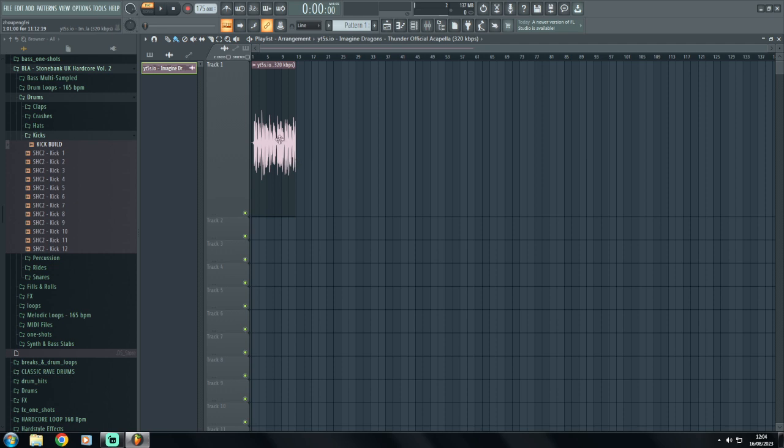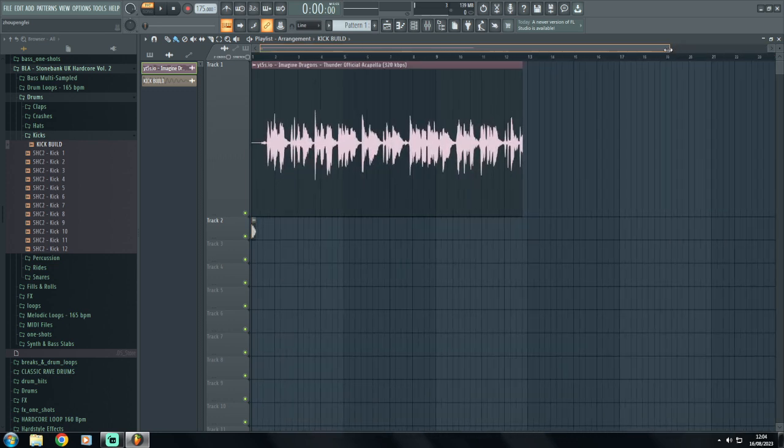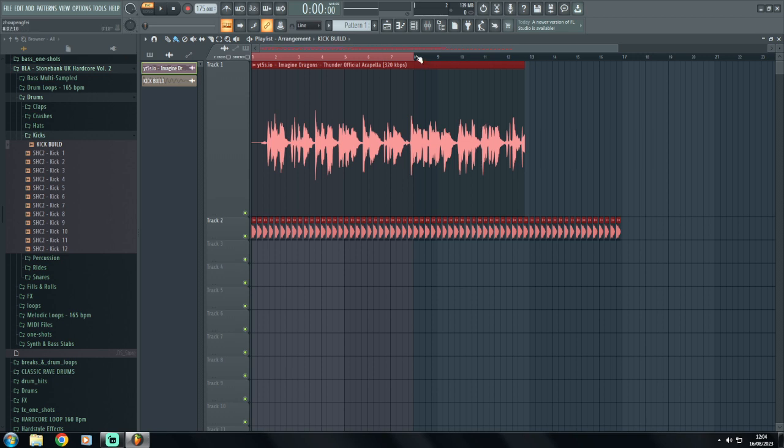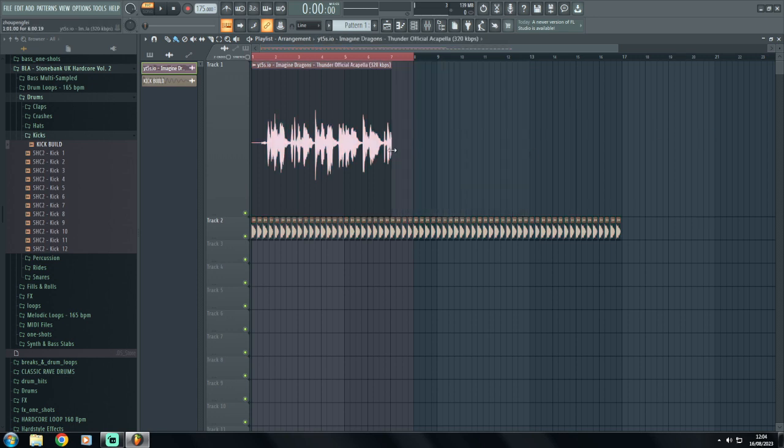So the first thing I want to do is shorten the vocal, and I just want a small section. I'm going to take a kick drum, I'm going to plop that in, zoom in a bit, make life a bit easier. We're going to draw this kick out. Let's do it to 17, although I probably just use this section here. If you right click your mouse at the top and make yourself a loop, and then drag this in,